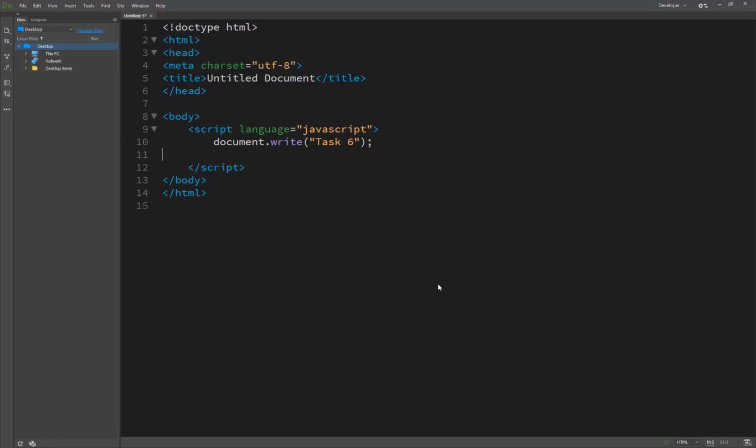This is a JavaScript command that JavaScript understands: the document will write whatever is inside the brackets onto the page, ending with a semicolon. That is called the termination of the statement, or end statement. So this is a JavaScript command, which we have already seen in tasks 1, 2, 3, 4.